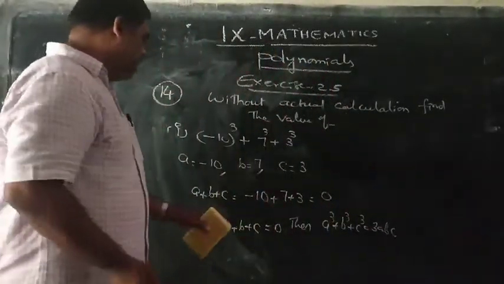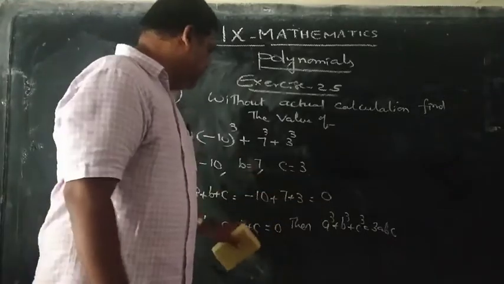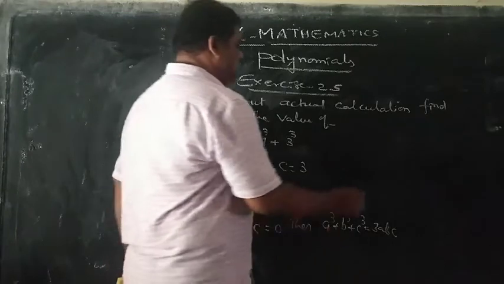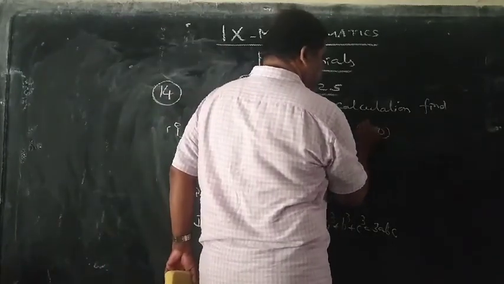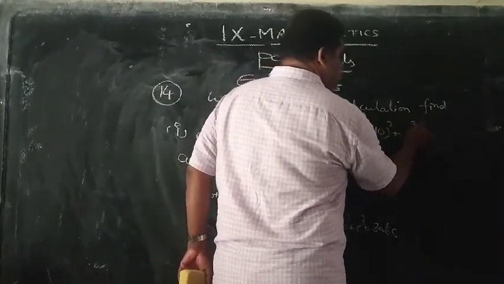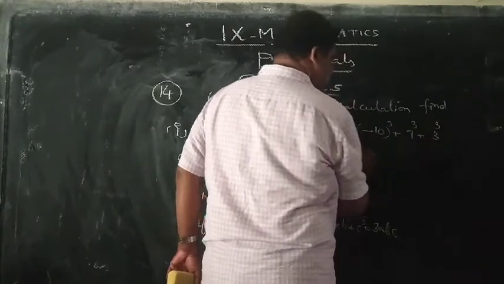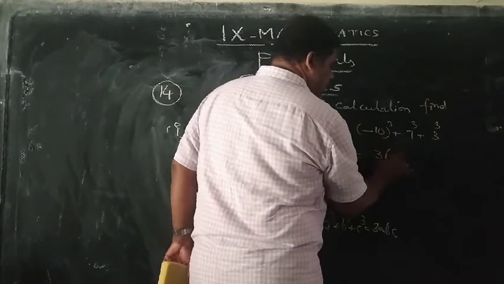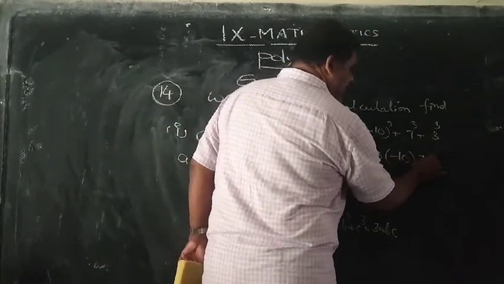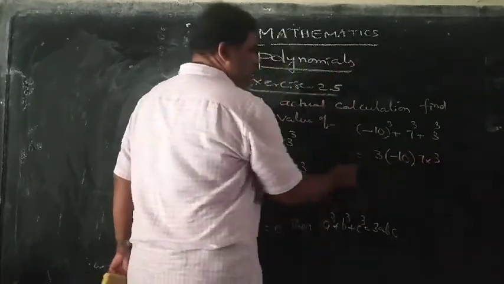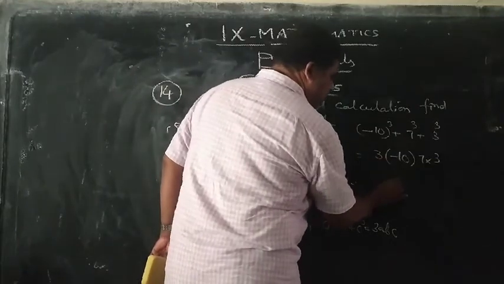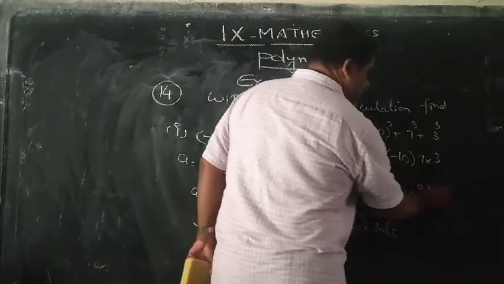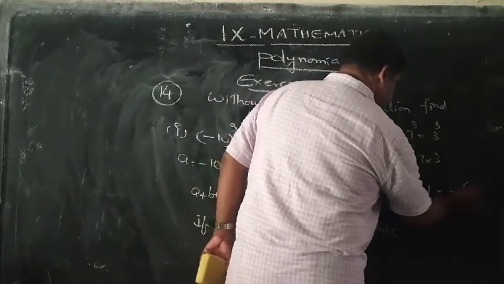So if a plus b plus c we got 0, then a cube plus b cube plus c cube is equal to 3abc. So a cube means minus 10 cube, b cube is 7 cube, c cube is 3 cube. This a cube plus b cube plus c cube is equal to 3abc. So 3 into minus 10 is minus 30, 7 into 3 is 21,